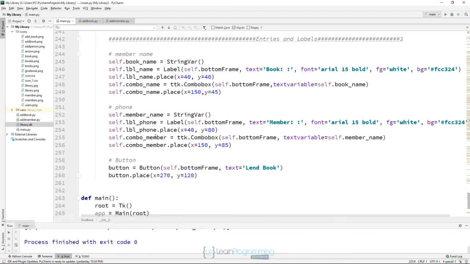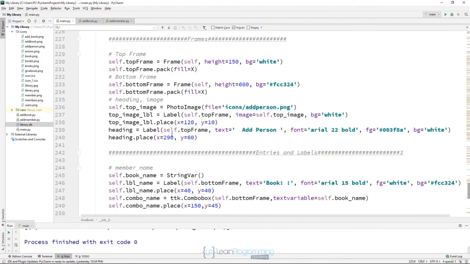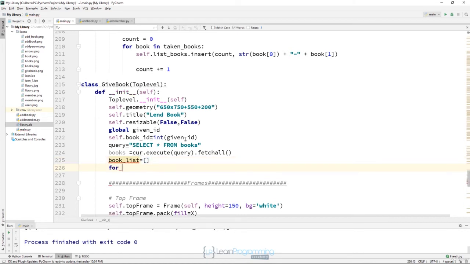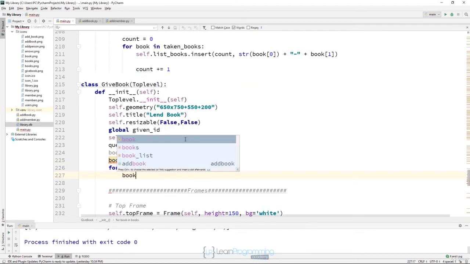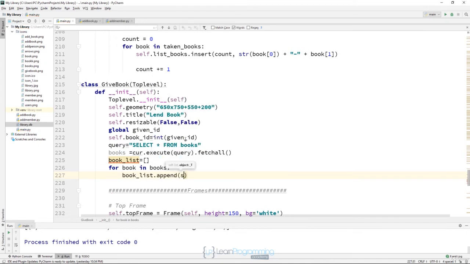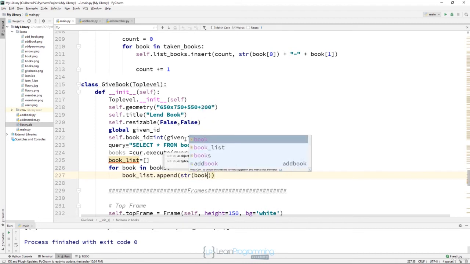Now for my combo boxes I will use lists, because they are empty, right. I will use a list to store all my books in my combo box and also my members. So here I will say book list equals an empty list. And after that I will say for book in books, book list dot append str, and here I need to say book